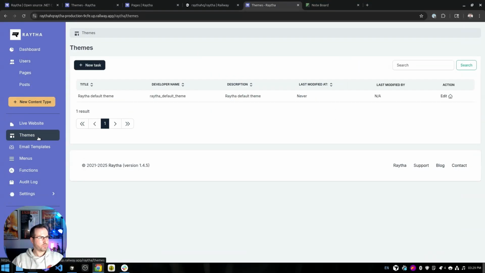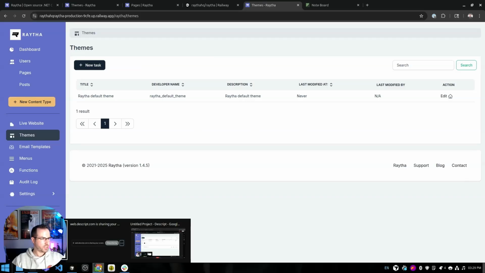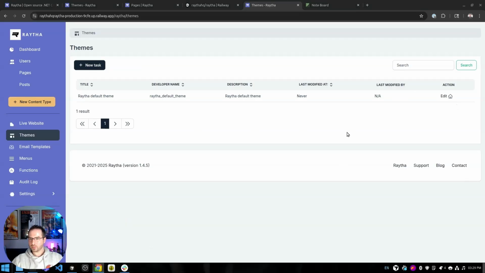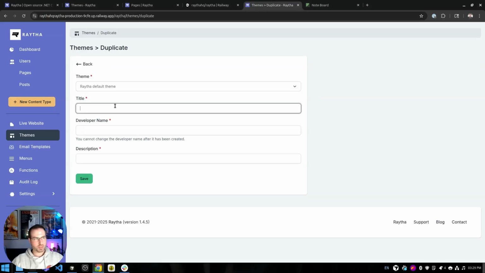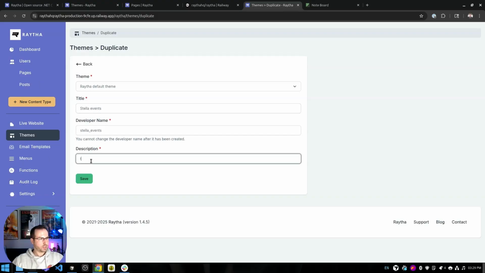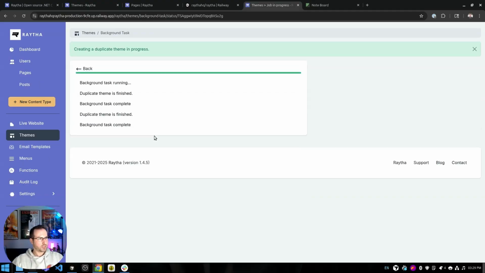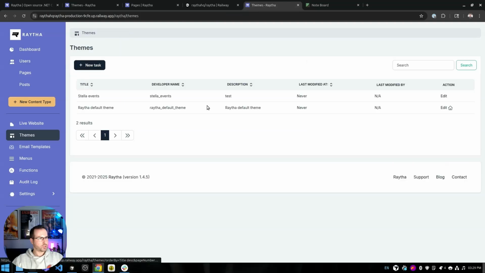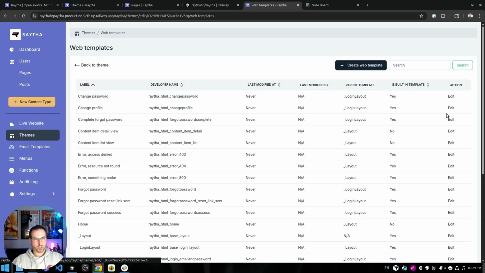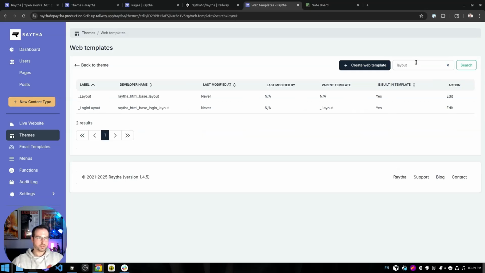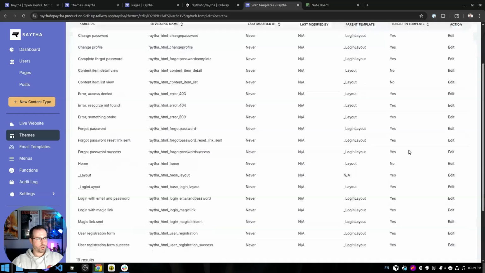But we're in here now. I'm going to go to themes. So this is where you create your Raytha themes. I like to create a duplicate of the original theme, just so we have the first theme as undisturbed. And I'm going to call this the Stella Events theme. All right, we'll do that, and then we're going to come in here and set this as the active theme, and this is where we're going to do our work. We're going to go here, and this is where all the templates are, right? So you can modify all the templates, and